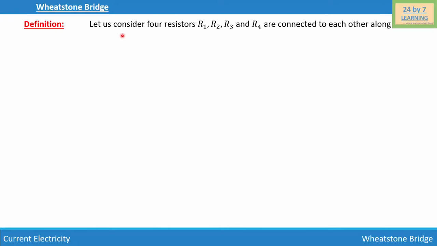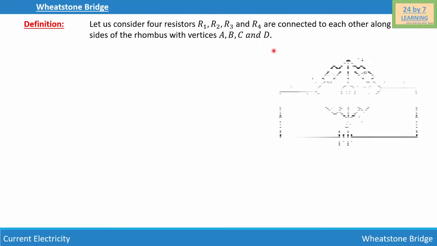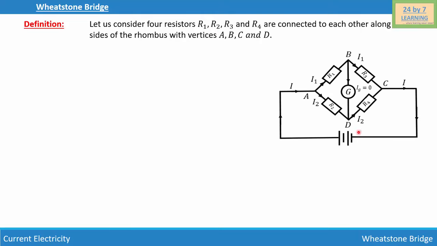Wheatstone bridge. Let us consider 4 resistors R1, R2, R3 and R4 connected to each other along the sides of the rhombus with vertices A, B, C and D. Now, in order to explain this, I'm going to use this information to draw a figure, and my figure is right here, where you can see this is my external source of the battery or the power, and I ampere of current